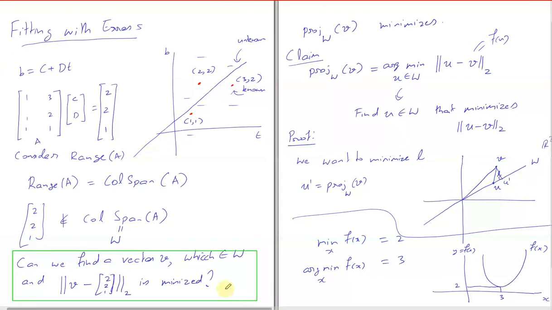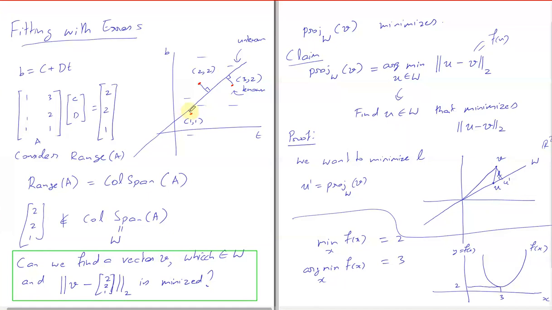We had data points which had some errors, because you were not able to find a line through it, so these equations could not be solved. So what we did was we took the y coordinates and projected them onto the column span of A. Why did we do the projection? Because if you do the projection, we can minimize the error, the sum of perpendicular distances.